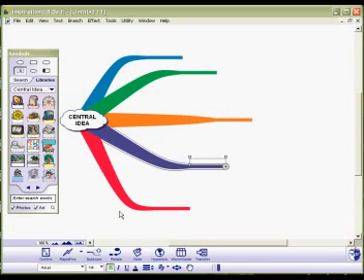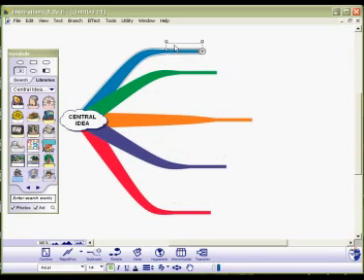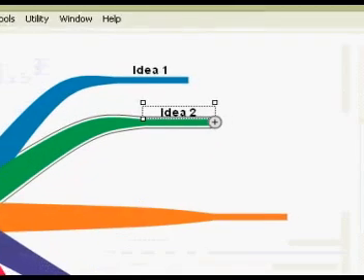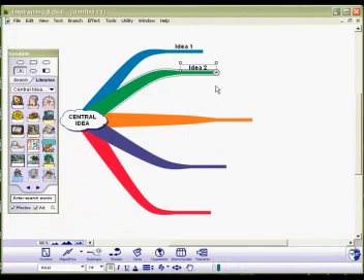And on each of these branches you can have some text. So we can put in here idea 1, and click on here, idea 2. Once you click here you can see under this plus sign, and I'll just zoom in so you can see that. There's a plus sign, and what that enables you to do is add a branch. These branches just infinitely keep branching, so this could be concept 1,